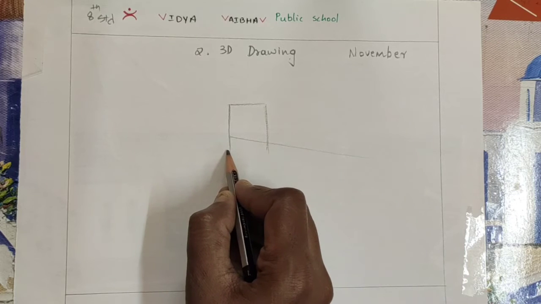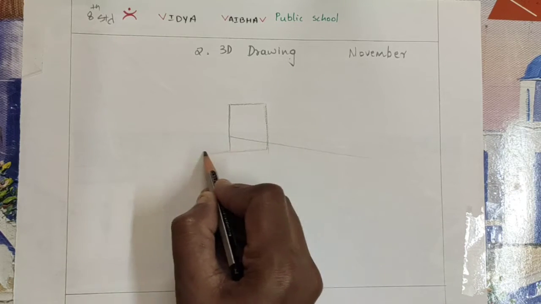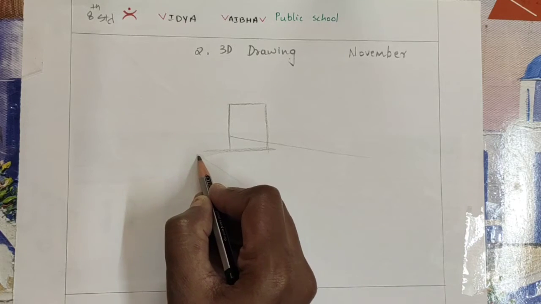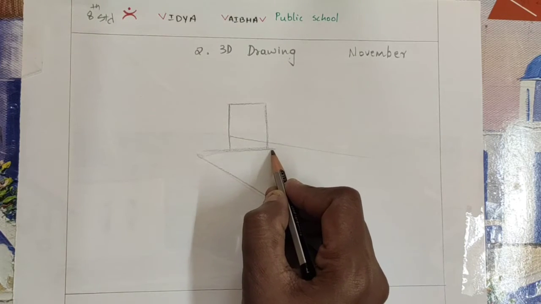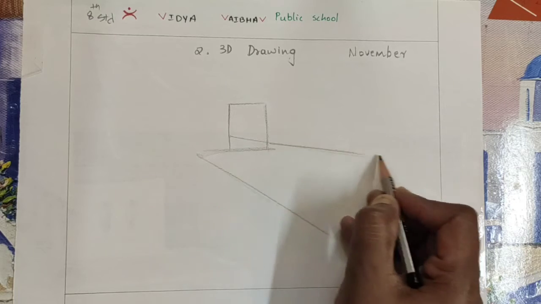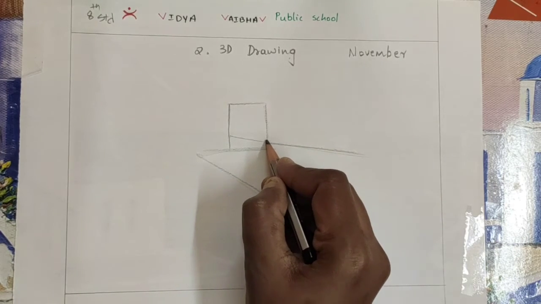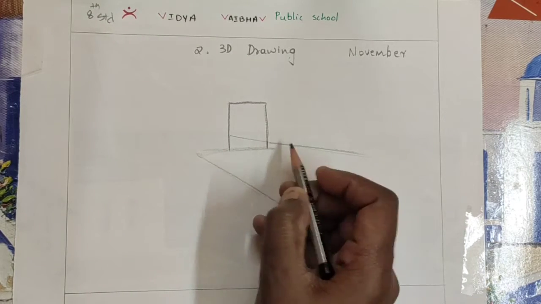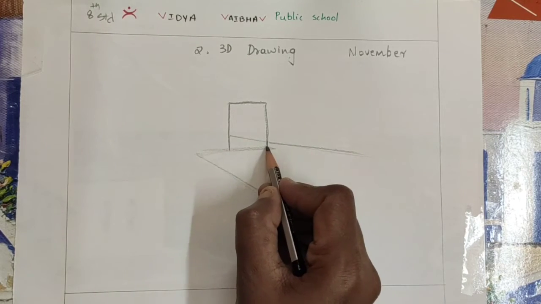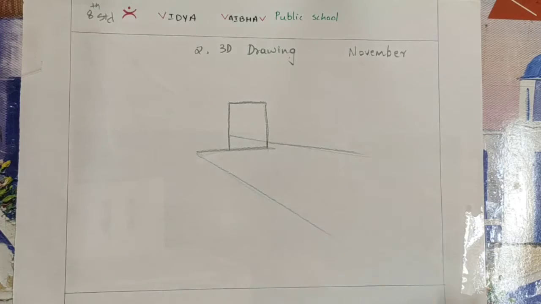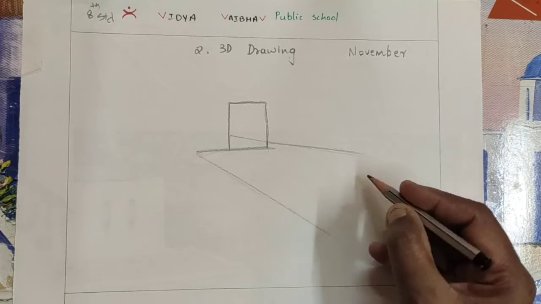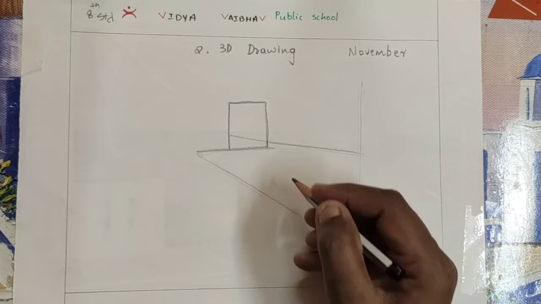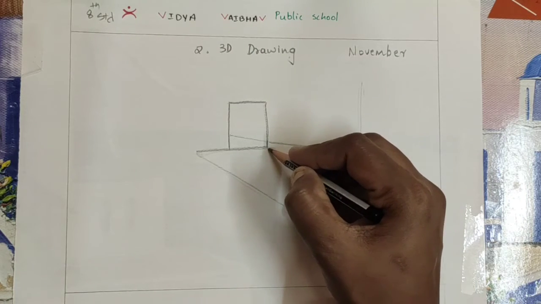It should not touch the point. And again one more slant line from right side to left side, and again from that point a slant line will continue. Okay, so here we draw it like a door, and one more, it's like inside to outside a wall is there. Now we are going to draw the, so this is the end point. Okay, this is an end point.